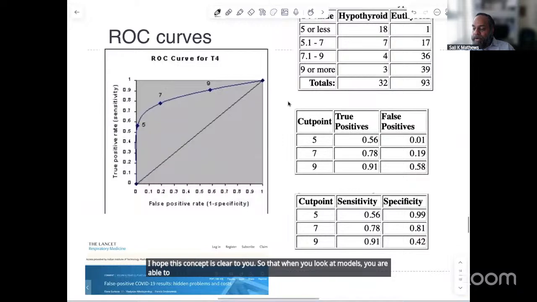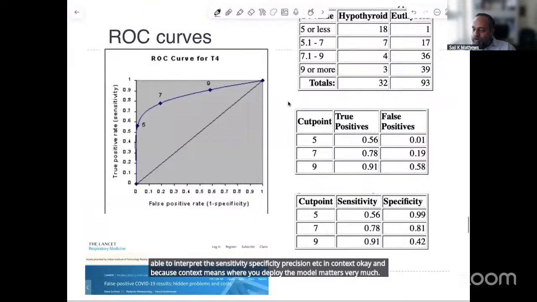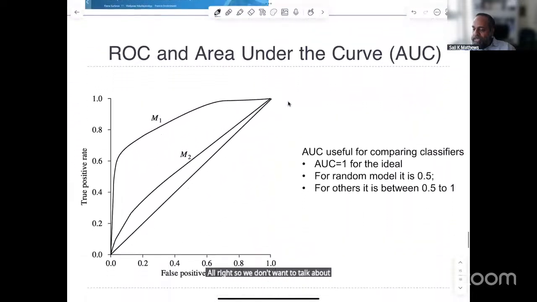so that when you look at models, you are able to interpret the sensitivity, specificity, precision, etc. in context. Okay, and because context means where you deploy the model matters very much. All right, so we don't want to talk about this because it's already there in the lecture,